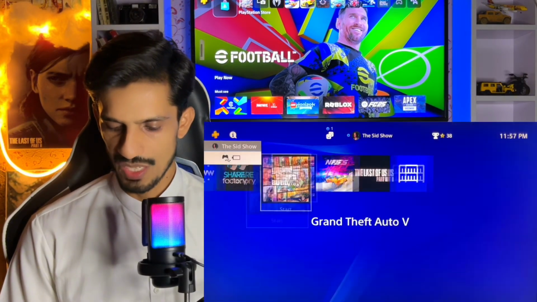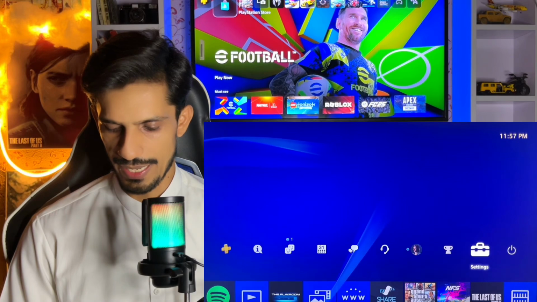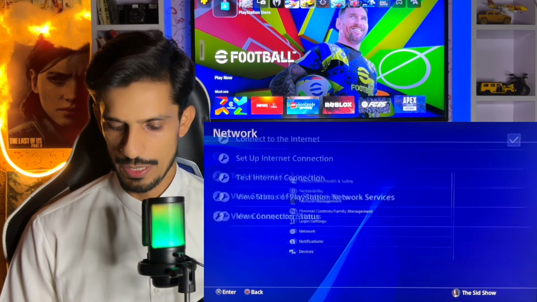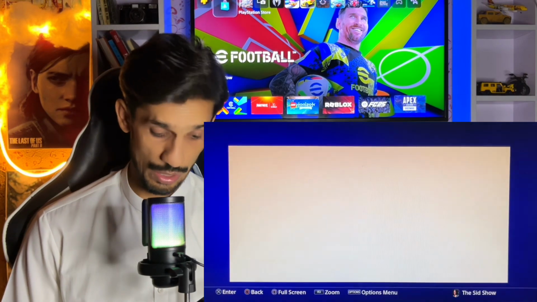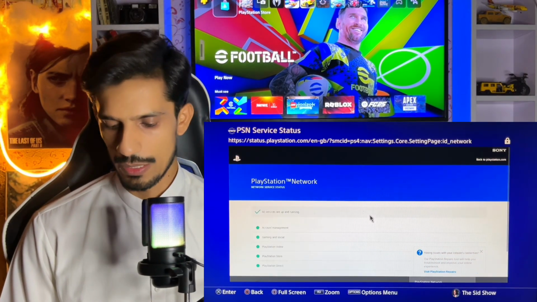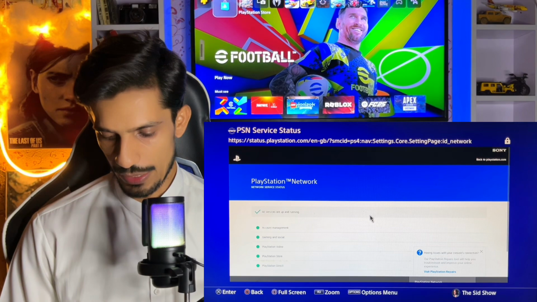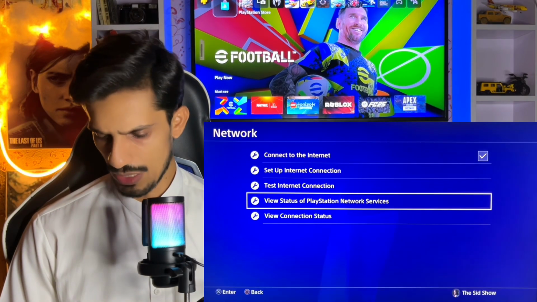So I'm just going to share my screen on my left side, and here we are at the screen. Here we go to the settings and then go to the network and view PlayStation network services. Sometimes the DNS is not working, that's why you get this error. The server is down, but here the server is up and good, and you must go to change the